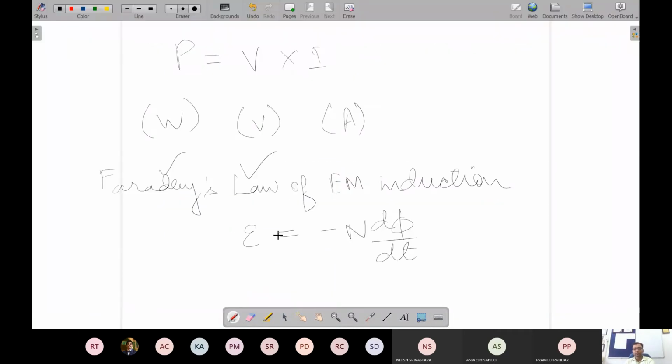Now, number of turns in a coil means something like this. Let's take one simple cylindrical rotor. Suppose you have a rotor like that, and as in a cylindrical rotor, there will be slots here, and you will have the winding in them. Let's say there is a conductor here, and on the opposite side, behind this, there will also be another conductor, and these 2 conductors are connected like that. Try to visualize.